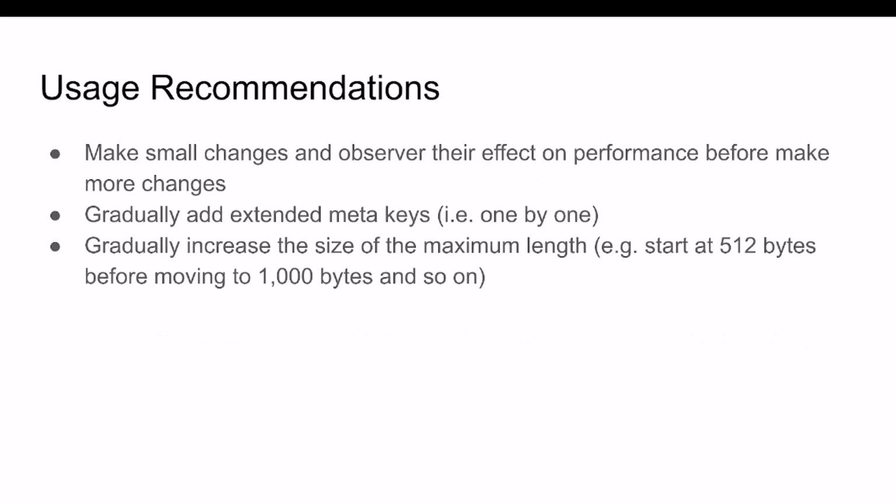So, usage recommendations. In Core, we recommend this often: make small observable changes. What I mean by that is if a user has maybe 5 keys that they see in their environment that get cut off consistently, they might want to start out by adding just 1 key and seeing how that affects things, or they might want to start out adding all 5. However, instead of going straight to 4096 as the max length, maybe they could add all 5 with each one going to 512 bytes. And then basically play around with the system little by little, and also give the system time to incorporate those new changes into the data so that you can get a fair representation of how those changes affect